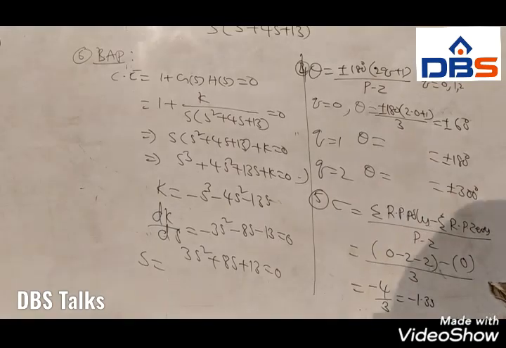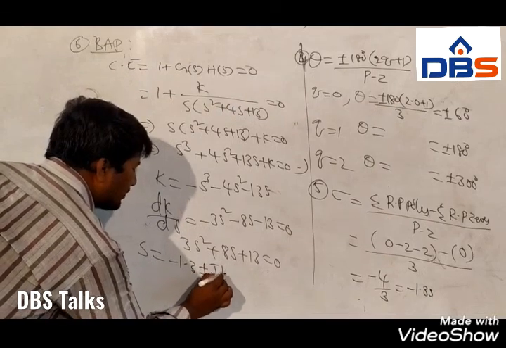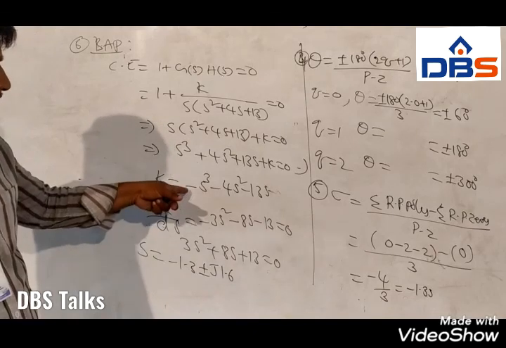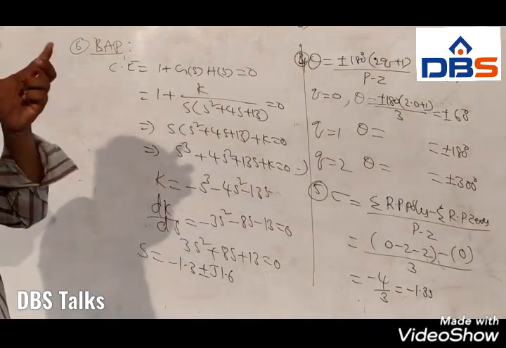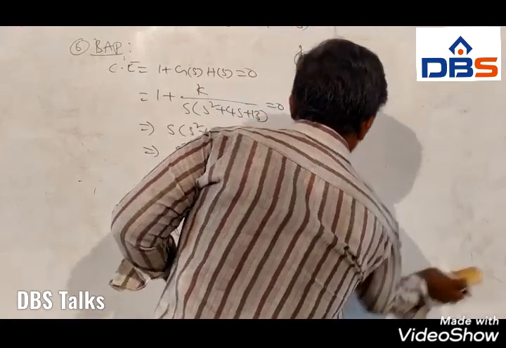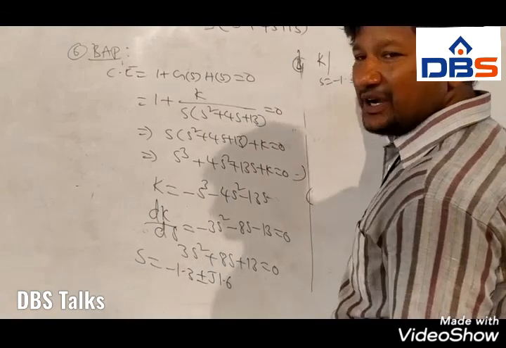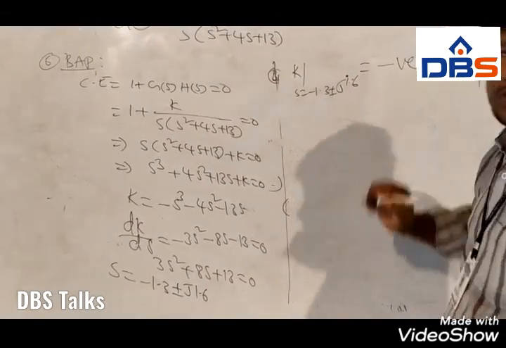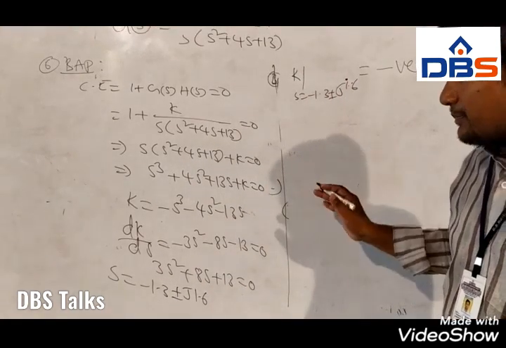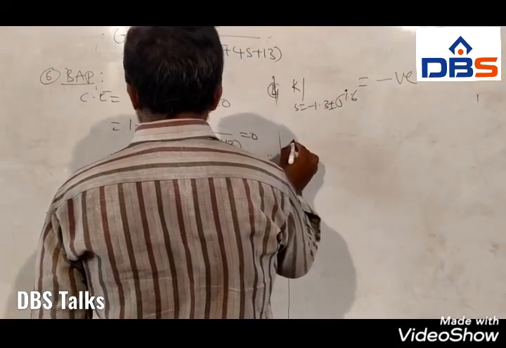s equal to minus 1.3 plus or minus j 1.6. So these are complex numbers. When we put these complex numbers into the k value, we are always getting negative real values. So for s equal to minus 1.3 plus or minus j 1.6, we always get negative real values. That's why these two are neither breakaway points nor break-in points. The next one is the intersection point on the imaginary axis.